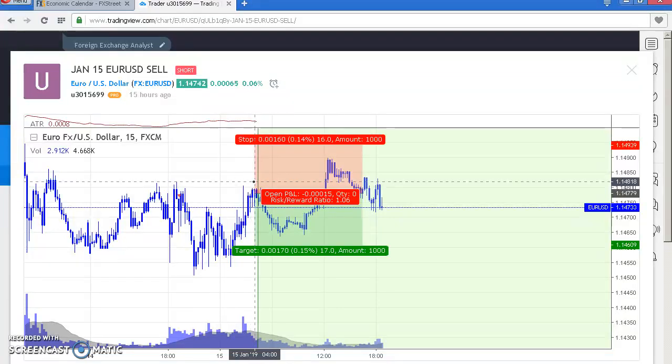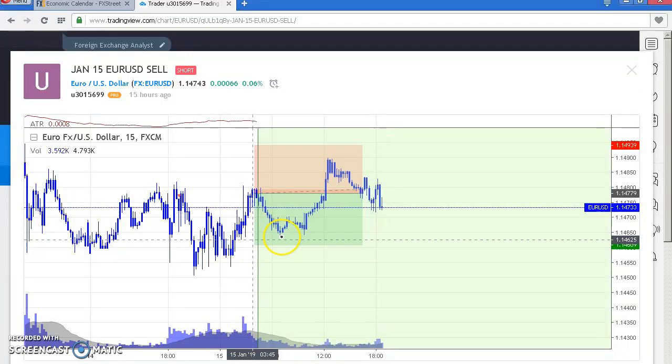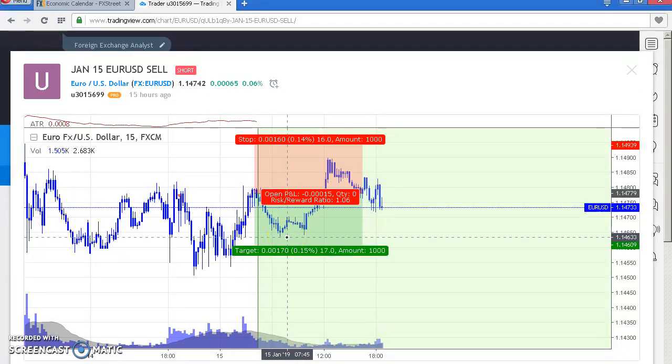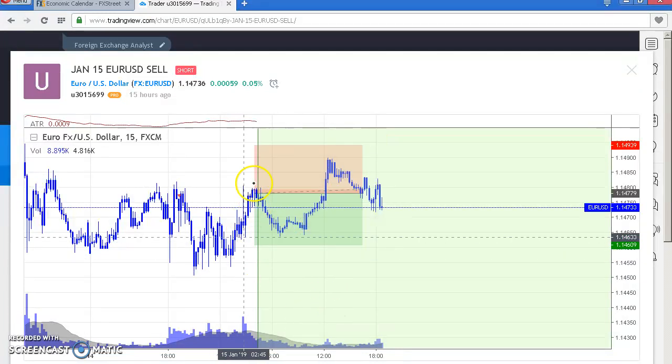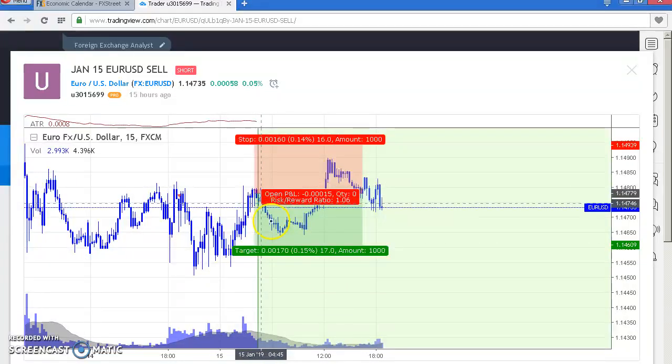So assuming I entered over here, I should have taken my ATR value from here, and maybe I should have got out somewhere over here. Maybe that's why the mistake happened over here. So the read was good, it was continuously going in my favor. Execution was bad, because